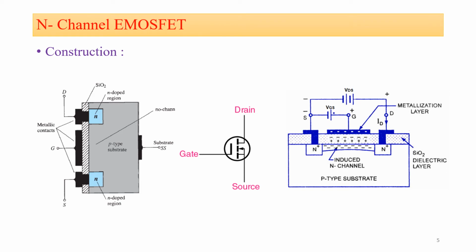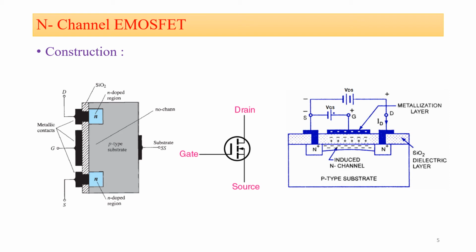So as we increase the positive gate to source voltage, VGS, the number of electrons gathering near the SiO2 layer will increase. The electron concentration near the SiO2 layer increases to such an extent that it will induce the N channel, which connects the N-type doped regions, and the drain current then starts flowing through this induced channel. The value of VGS at which the conduction begins is known as the threshold voltage, and it is mainly indicated by VT or VGS(TH), that is, the threshold voltage.